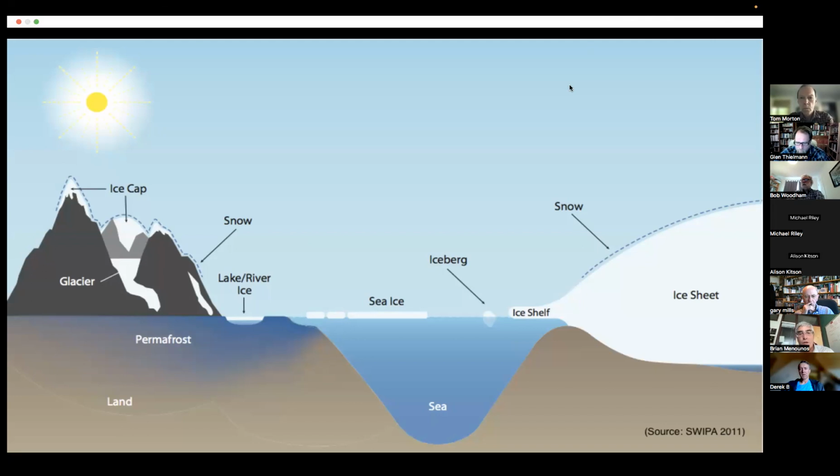The cryosphere is a term we use to collectively refer to all forms of frozen water on Earth's surface. So that water is primarily stored in the great ice sheets, so Antarctica and the Greenland ice sheet. We have smaller components of frozen water that represent sea ice, an important component of the climate system, of course, in northern environments. And then we also have mountain glaciers and ice caps. And this is really where I've focused my research in the last several decades.